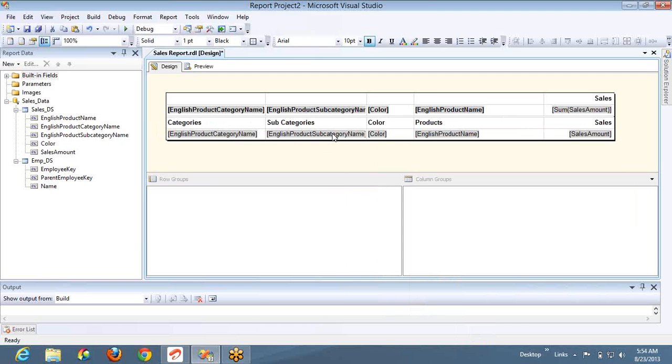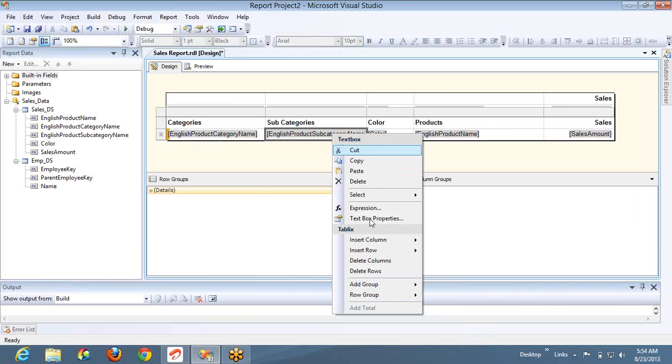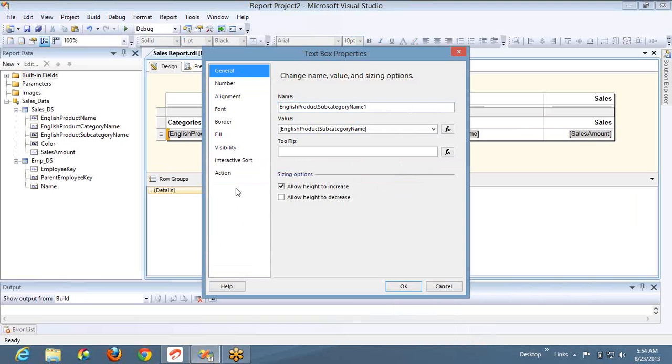Now let's concentrate on the text box properties. If you click on text box properties, you will find so many properties. Let's discuss all these properties in today's session. Allow height to increase and allow height to decrease. What is this option? Allow height to increase will be set to true by default, and allow height to decrease will be set to